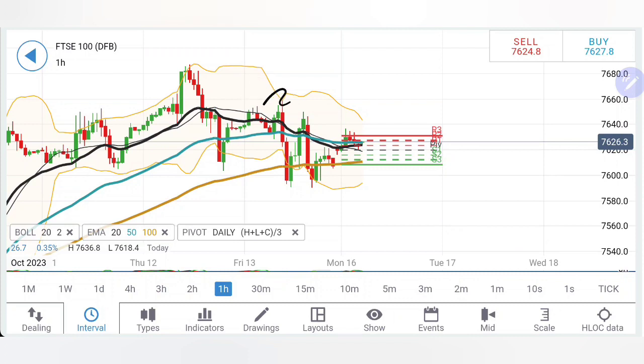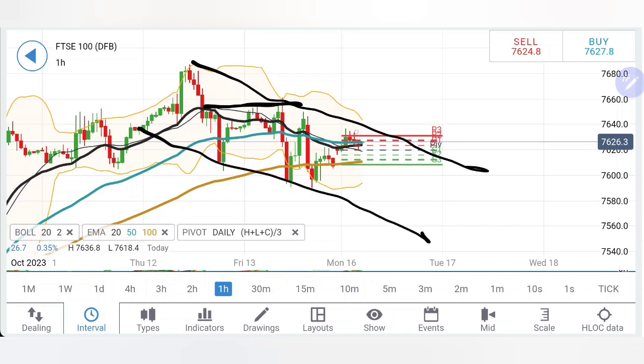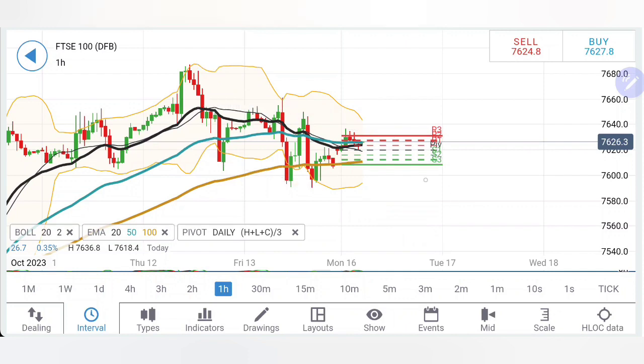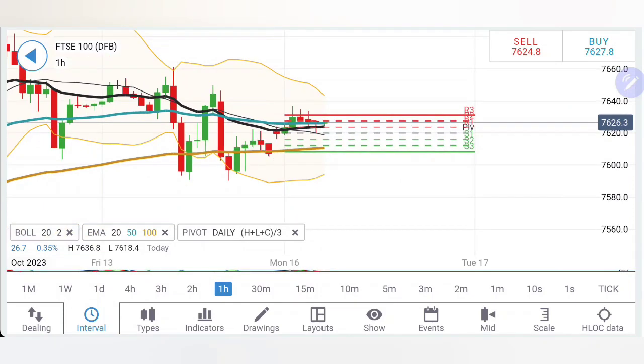UK 100 on the hourly chart, see, this is where the resistance lies, 7660. With that as resistance, we have seen lower highs, lower lows here. The first resistance zone is at 7640. Yes, if you see the price is staying above 7640, you can buy for 7660 levels, and only if you see price is staying above 7660, we should treat this for a buy, or we should treat this for a reversal. Else what is happening right now? Higher lows, higher highs.